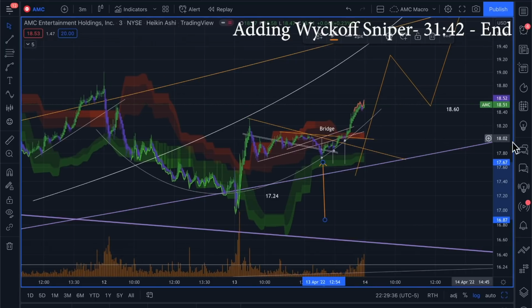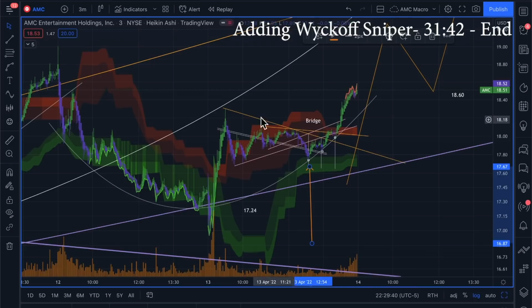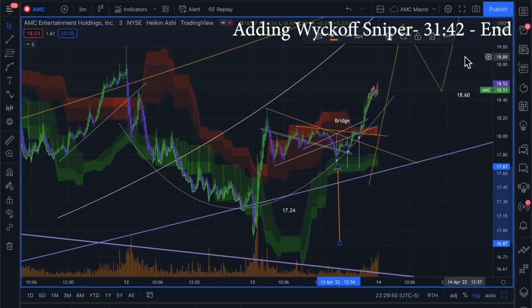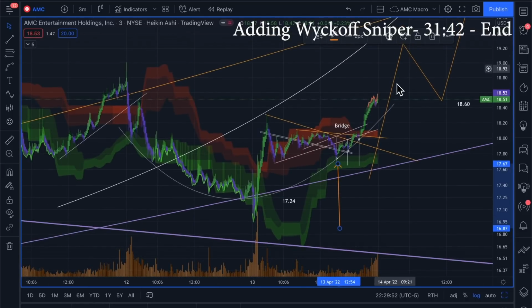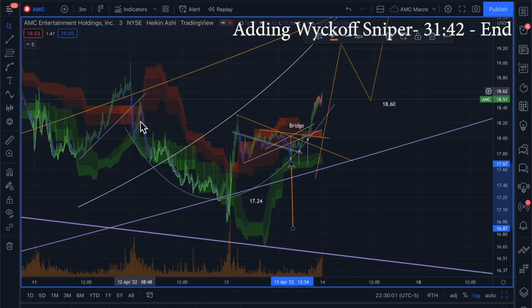It would be interesting to see how and where this goes, because I'm going to keep these lines up. I'm going to see if it ends up respecting one over the other. The ramping volume's fine. We need more volume for sure on a big move, but unless we're going straight up, it's okay to have a little bit lower volume, especially considering that this could be a micro setup here